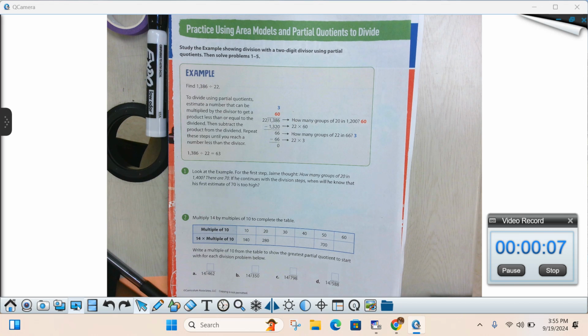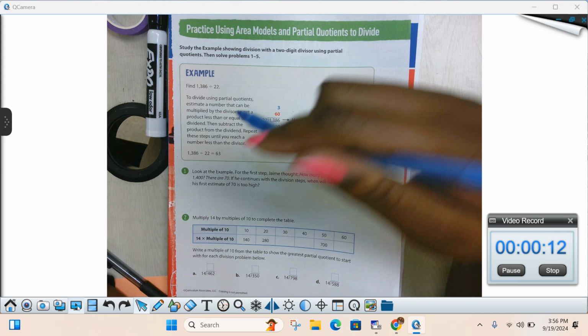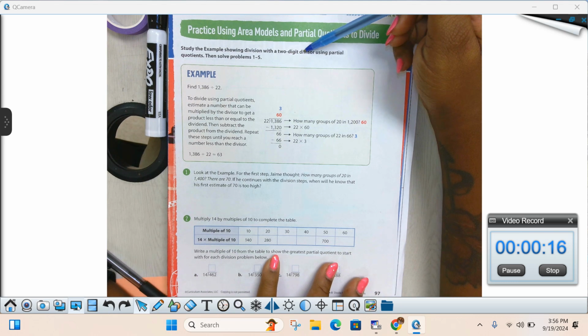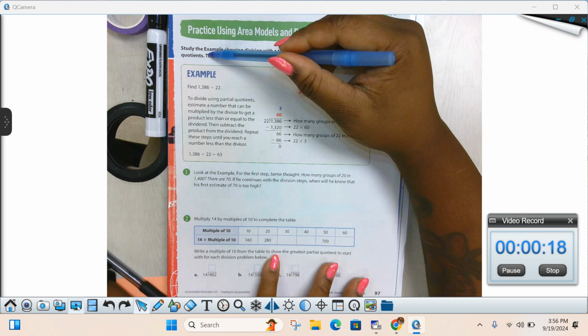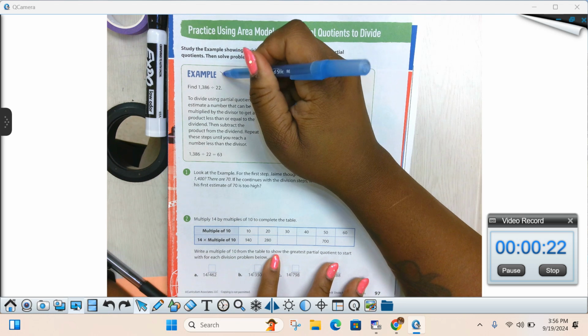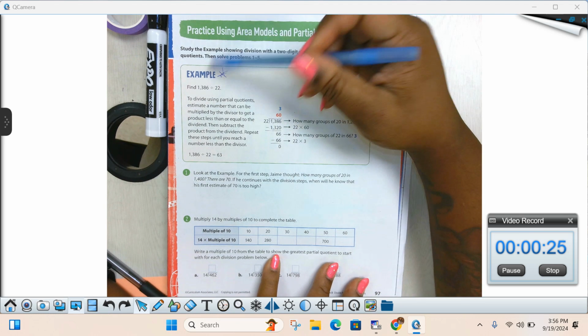From Lesson 5. Practice using area models and partial quotients to divide. We're going to study the example showing division with a two-digit divisor using partial quotients. Then we're going to use it to solve questions 1 through 5. Here's our example. Find